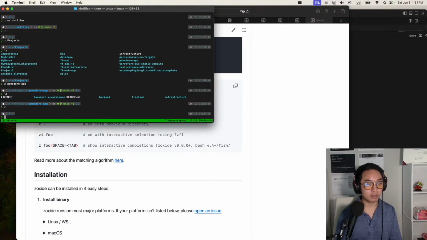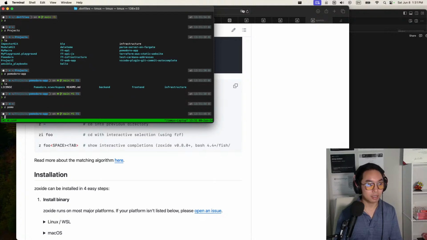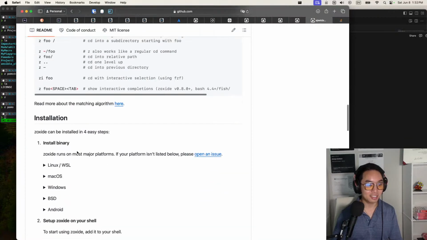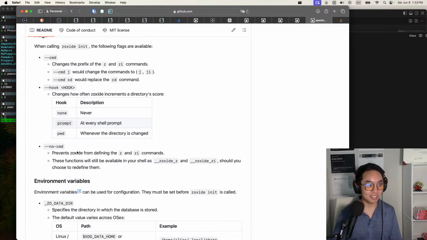Okay, so in theory, what I can do is say z pomo. Oh, that's cool. So I just have to say pomo, and it just went directly into the Pomodoro app folder. Whoa, that was weird. That's crazy. Okay, and then